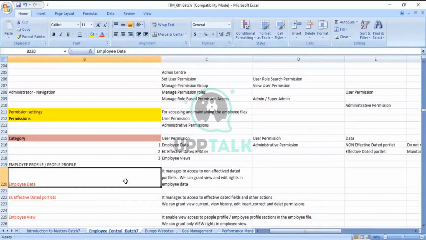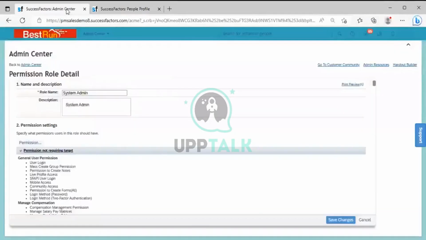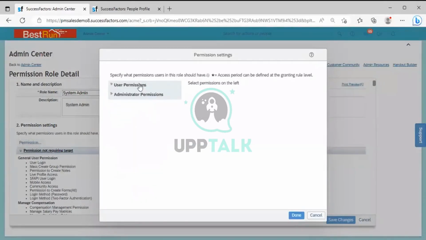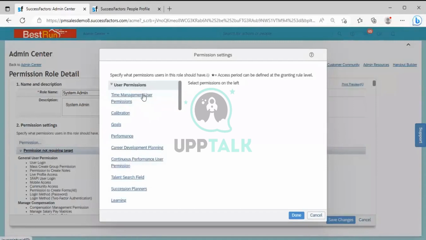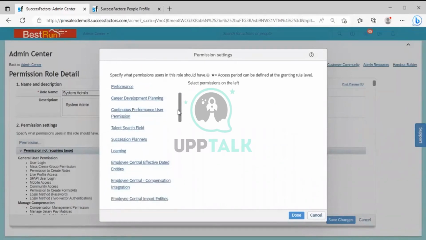Non-effective dated portlet will only have the view and edit right. So if I want to show you in the system, here when I click on permissions, when you go to the user permission you can see a lot of categories. Time management, calibration, global performance, all these categories will be there. Among that, the important categories for controlling the permissions to the employee-related fields are